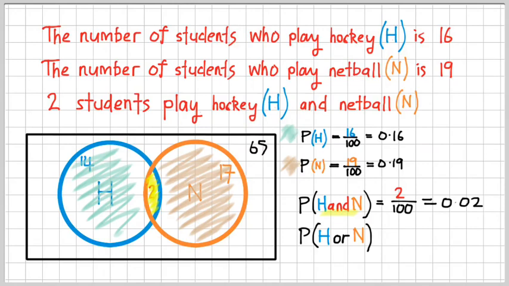So this probability now, I want to know what is the chance, or what is the probability that a student plays hockey or netball, but not both? So just hockey and just netball. So essentially what I'm going to do is take out of the picture that bit in the middle, that overlap, those students who play both sports. So I've already done that in my numbers there on the diagram. So 14 plus 17 is the number of students who play just hockey and just netball. Now that will be divided by